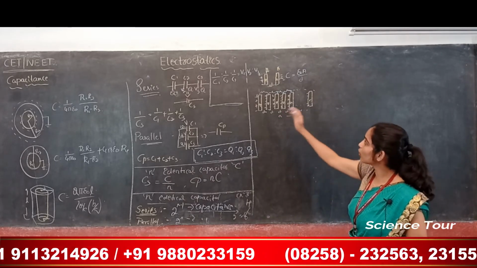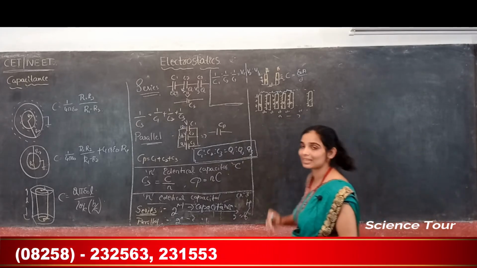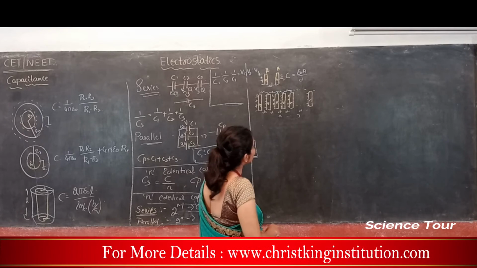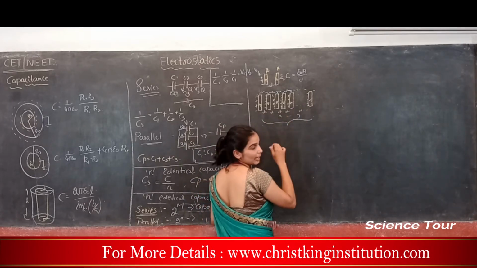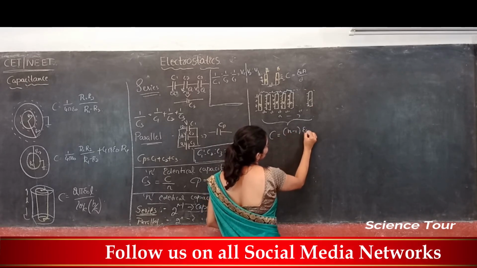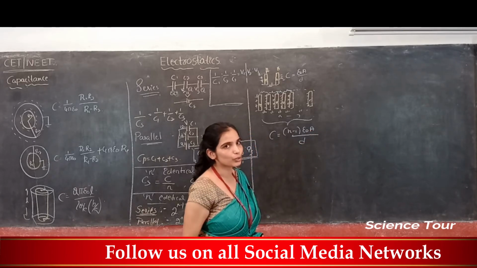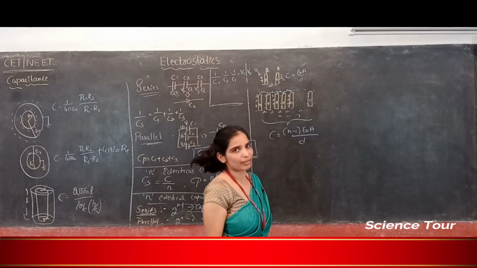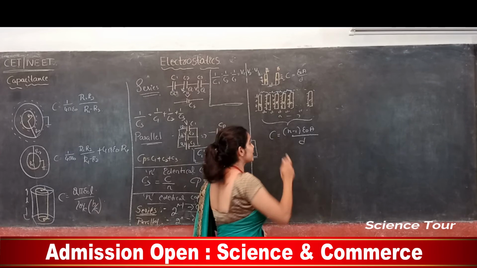So when you have capacitors like this, with parallel plates like this, and there are n number of parallel plates, the capacitance of this kind of a setup will be n minus 1 times epsilon naught A divided by D. What is epsilon naught? Absolute permittivity. We have the same here. What is A? Area of the metal plates. D is the distance separation between the metal plates. What is n minus 1?